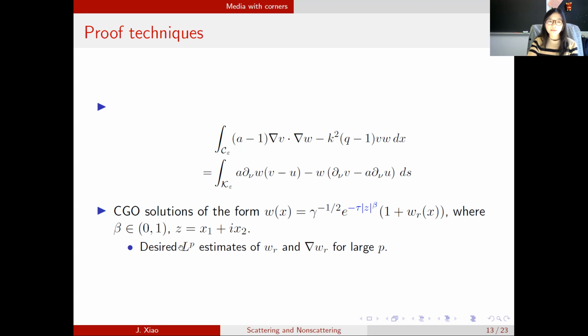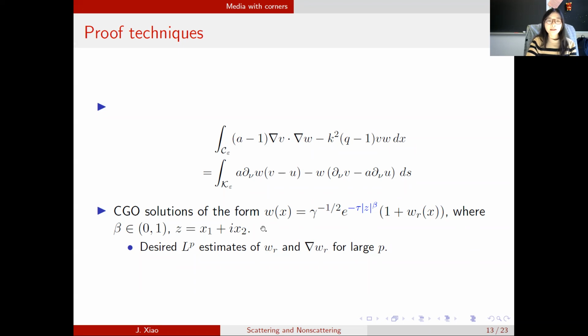So in this case, we are able to deal with concave corners, because in this case we still get... I made a typo here actually. This also has the imaginary part, the angular part of Z. It's not just the modulus. So anyway, the real part of the exponential part always has a sign. In that case, we can still use the trick to analyze the asymptotic behavior of this integral as tau goes